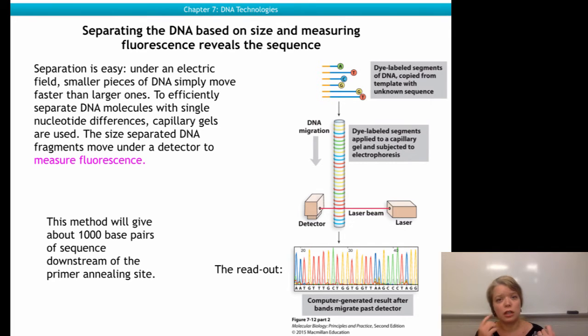But instead of using a gel electrophoresis, because the typical agarose gel has holes much too big to separate different DNA molecules based on size, a capillary gel is used that allows for separation of DNA molecules differing by a single nucleotide in length. And as these DNA molecules travel along the gel capillary, they pass a laser beam